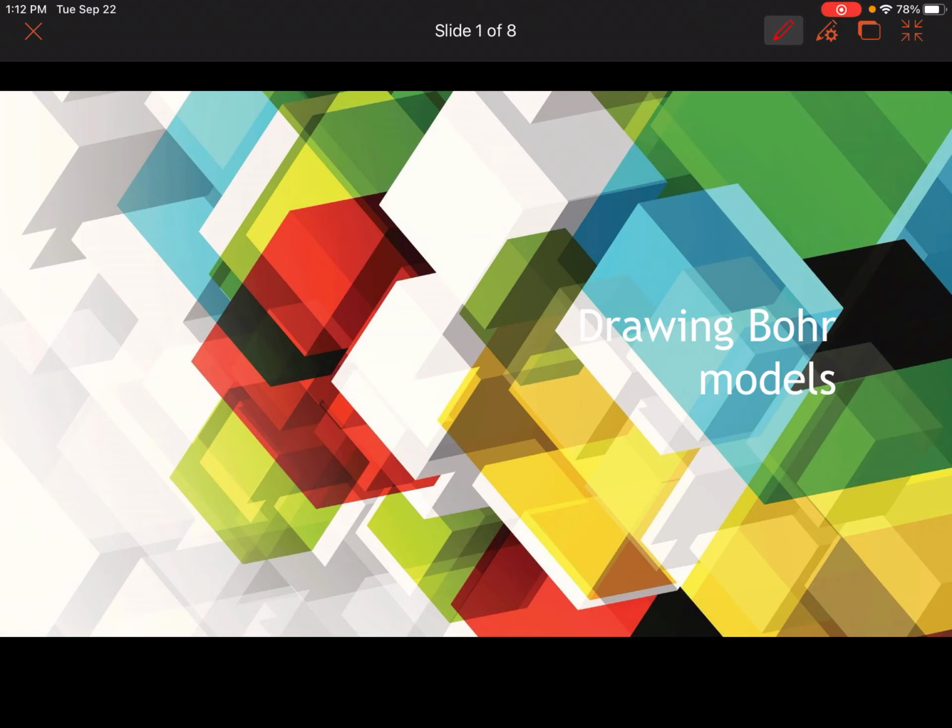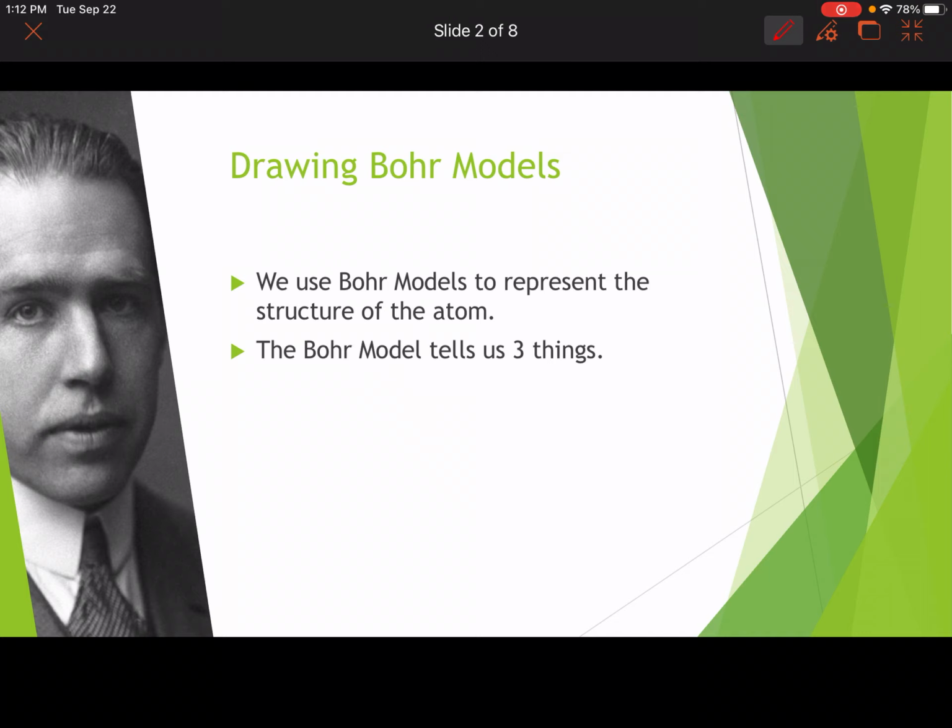Hello, grade 9s. Today we're going to go through drawing Bohr models. Now you've already heard about Bohr models when we talked about the different atomic structures, the historical versions of the atom, but today we're going to learn how to draw them more specifically here. So we use Bohr models to represent the structure of the atom, and the Bohr models are going to tell